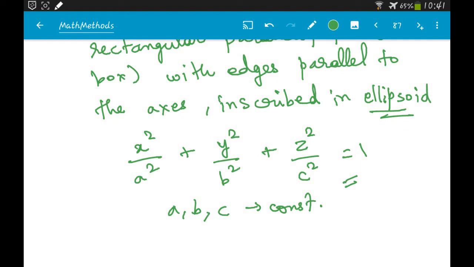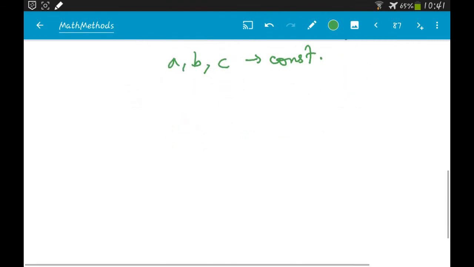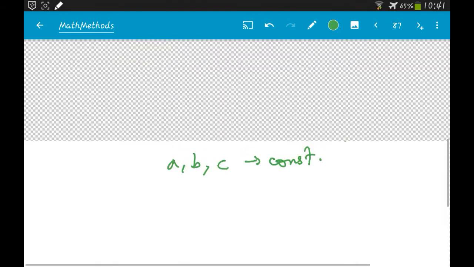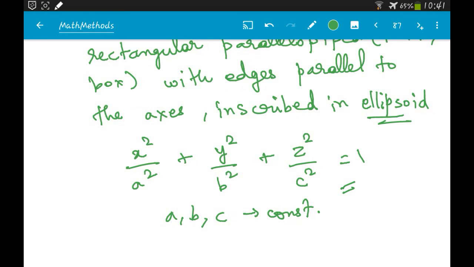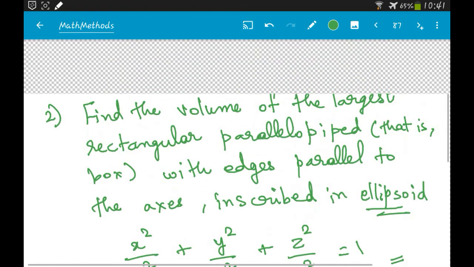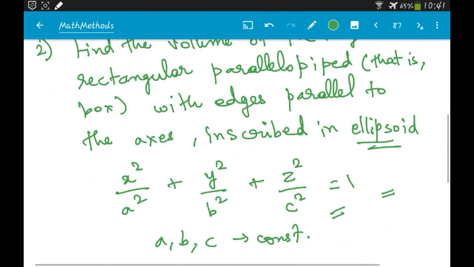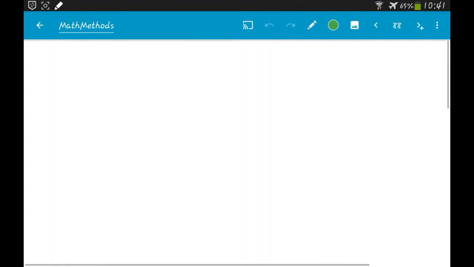Alright. So let's see. So far we have seen only some function which is a function of two variables x and y. But in this homework problem we see that this is a function of three variables, right? This is x, y and z, and even in this problem we see that it will be a function of three variables x, y, z. So let's see how to do that with the constraint.